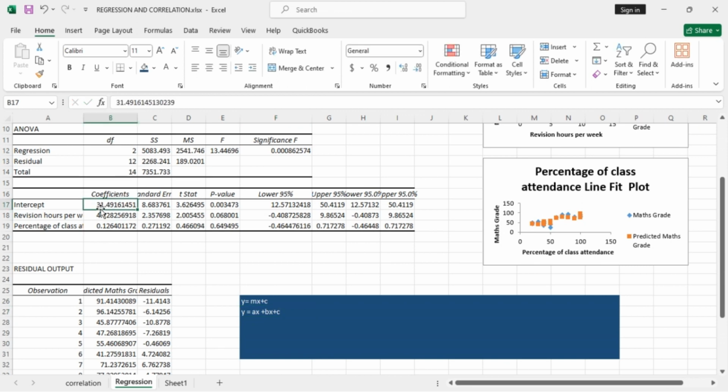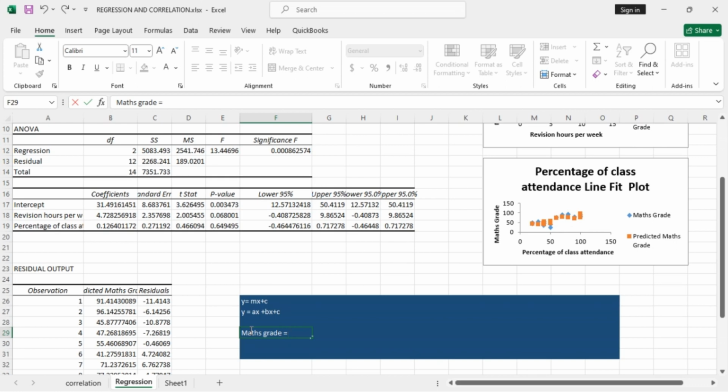Our intercept is one here. This is our c, this is our a, this is our b. So we are going to say max grade, which is our y, is equal to